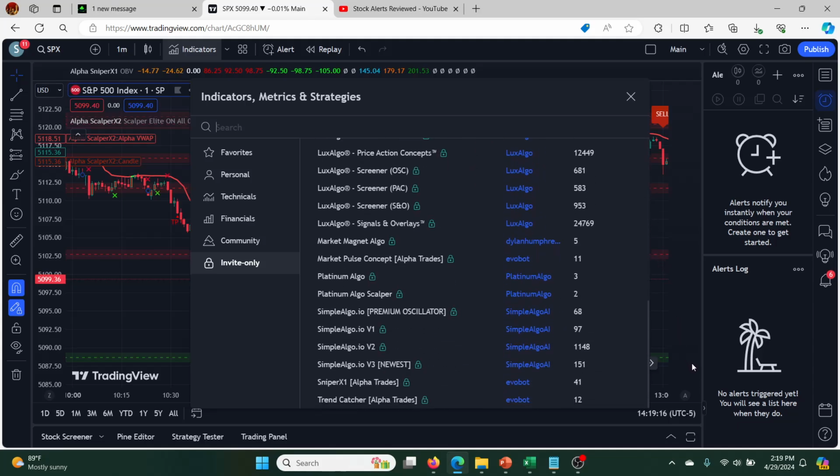So if we go down here, this was the one I reviewed earlier, ScalperX1. That was the oscillator. Really good oscillator. So you can use it in combination with the one that I'm about to talk about today, which is this other one called the ScalperX2. And so the problem is, though, that ScalperX2 takes up 2 of your slots on the indicator system for TradingView. So in order to superimpose the oscillator, which I talked about before, on top of this, you need to have